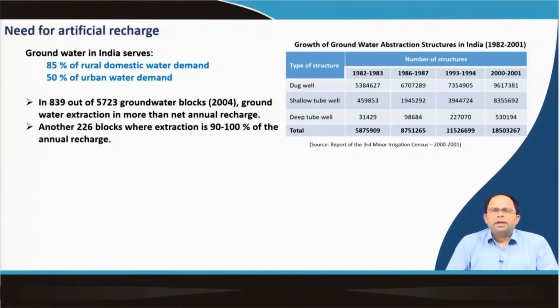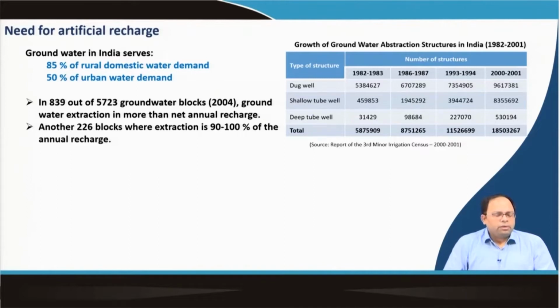As we have already learnt in our first module, we have discussed the different groundwater related issues in the Indian context, and we know that groundwater in India serves around 85% of the rural domestic water demand and approximately 50% of the urban water demand. So, you can understand the role groundwater plays in both urban and rural areas, and because of depletion of groundwater, there would be a lot of crisis in the coming days, and that is why we need to consider artificial recharge, or we need to consider recharging of groundwater.